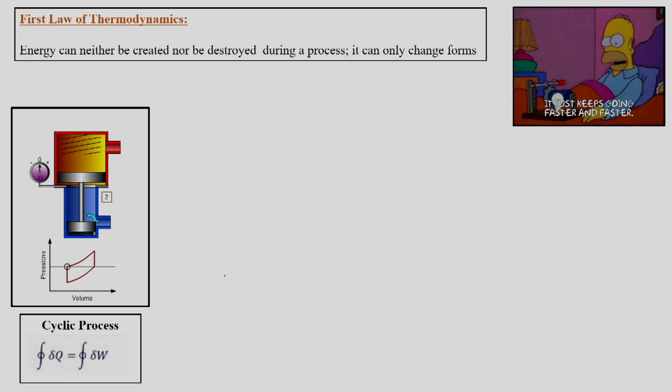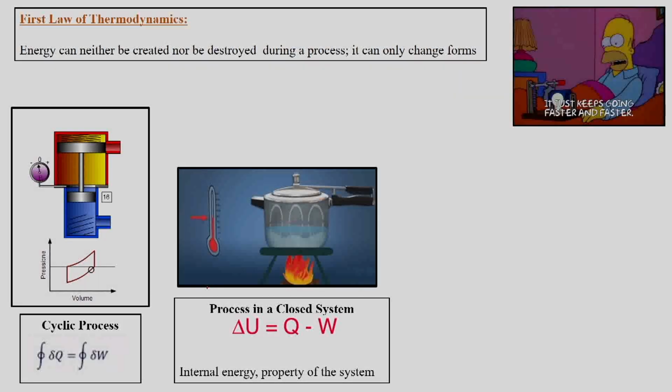So, net heat addition and heat subtraction is equal to net work addition and net work subtraction. This is what we get when we apply the first law of thermodynamics to the cyclic process, but we can as well apply the first law of thermodynamics to a process which is non-cyclic. So, in such a case, if we apply it to a closed system,